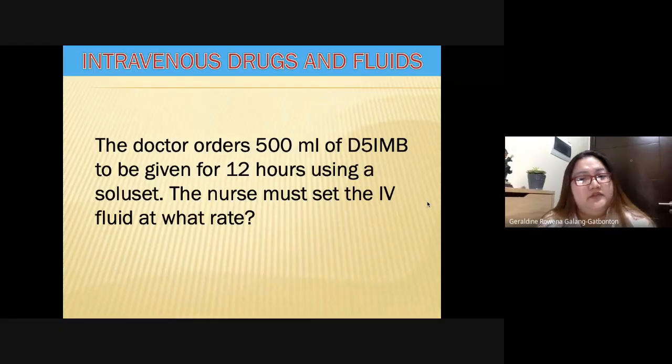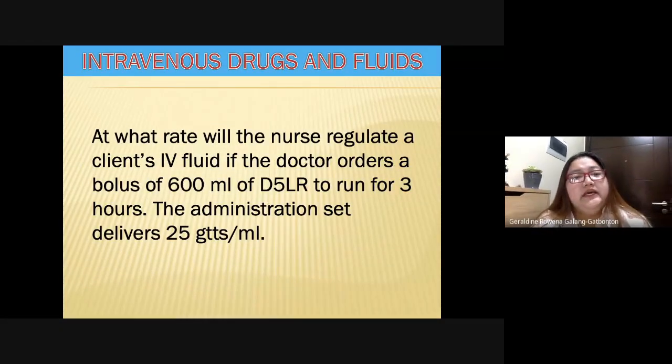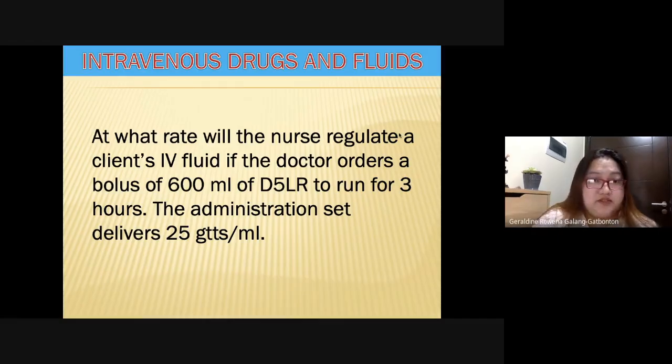Next, another example. At what rate will the nurse regulate a client's IV fluid if the doctor orders a bolus? When you say bolus, you administer rapidly. A bolus of 600 ml of D5LR to run for 3 hours. The administration set delivers 25 drops per ml. Again, ml per hour times drop factor over 60 minutes equals the rate, which is drops per minute kasi manual